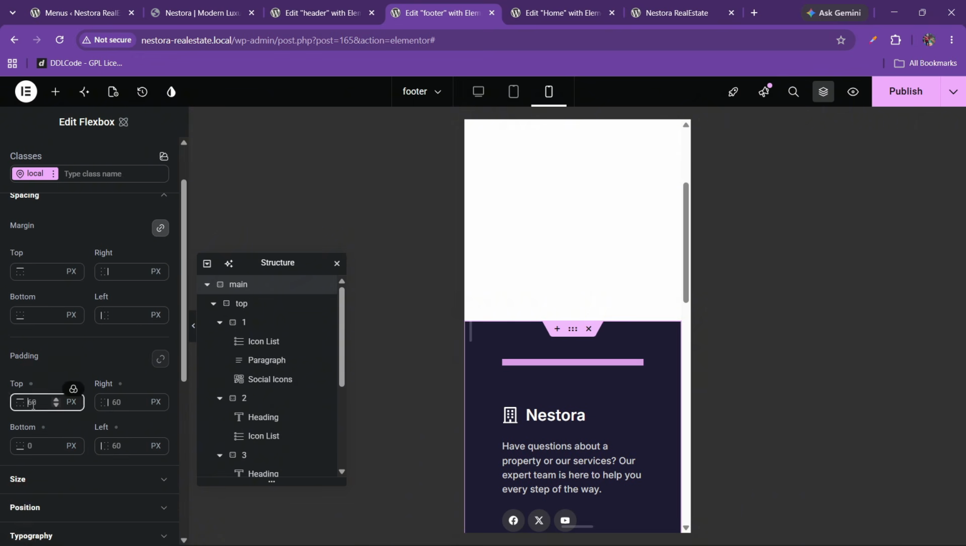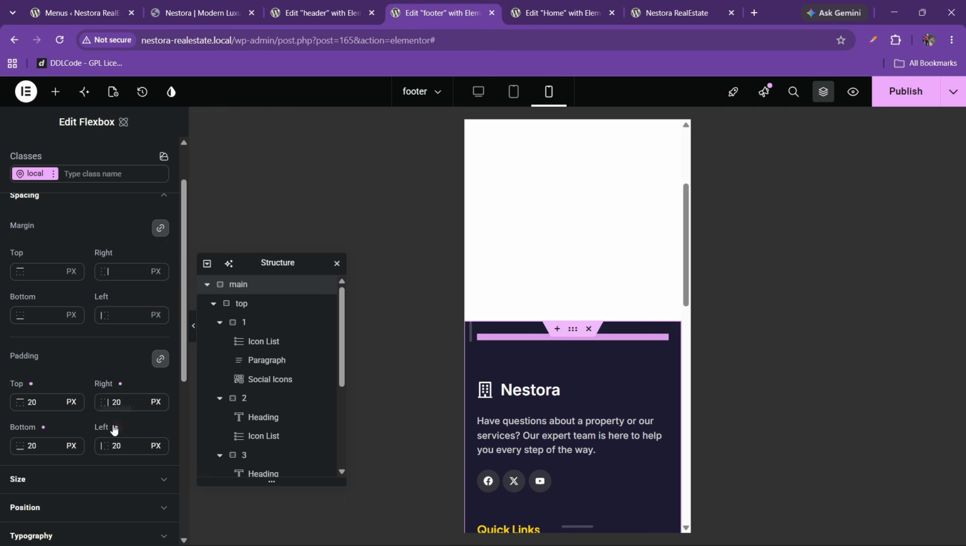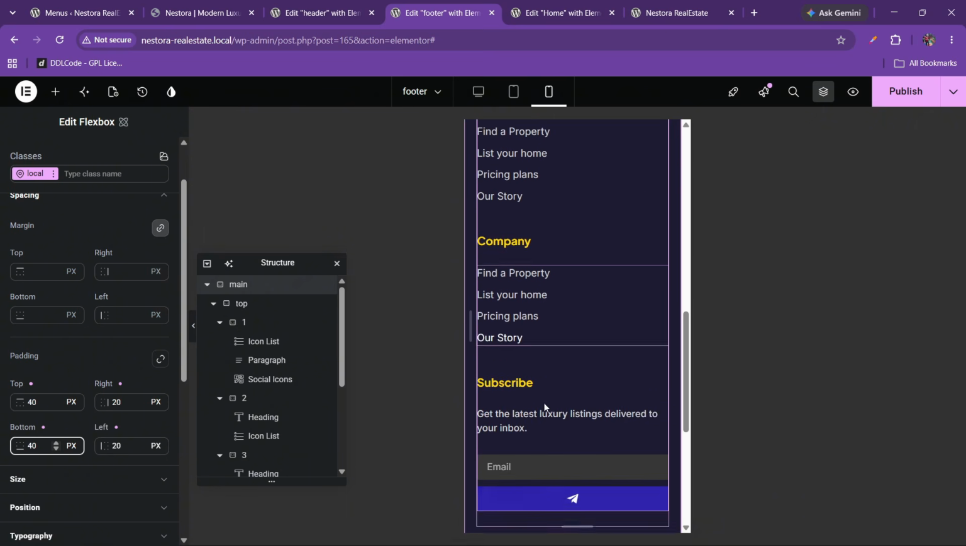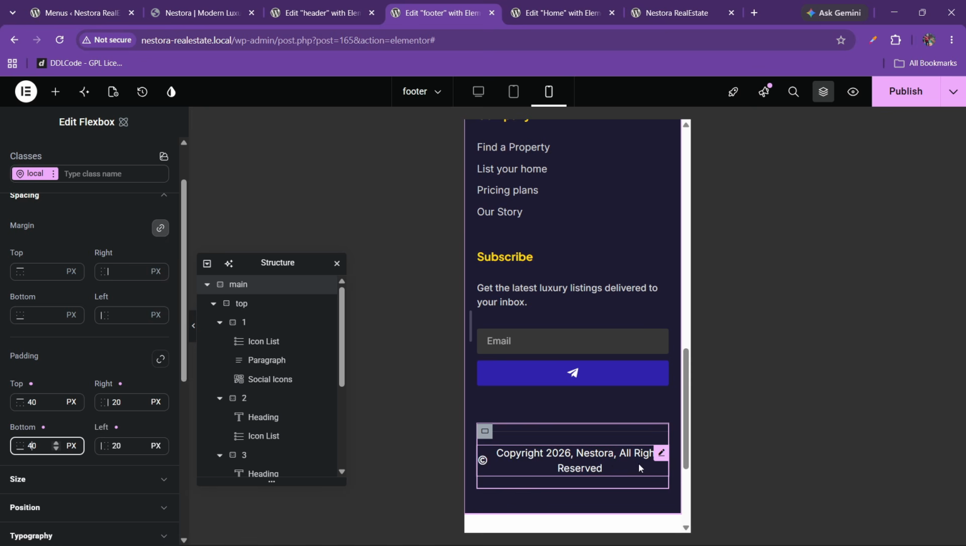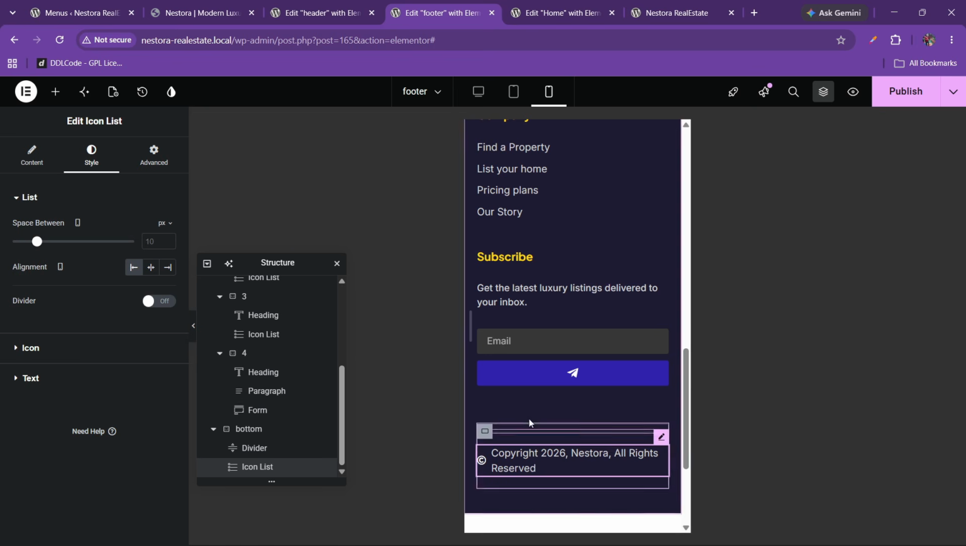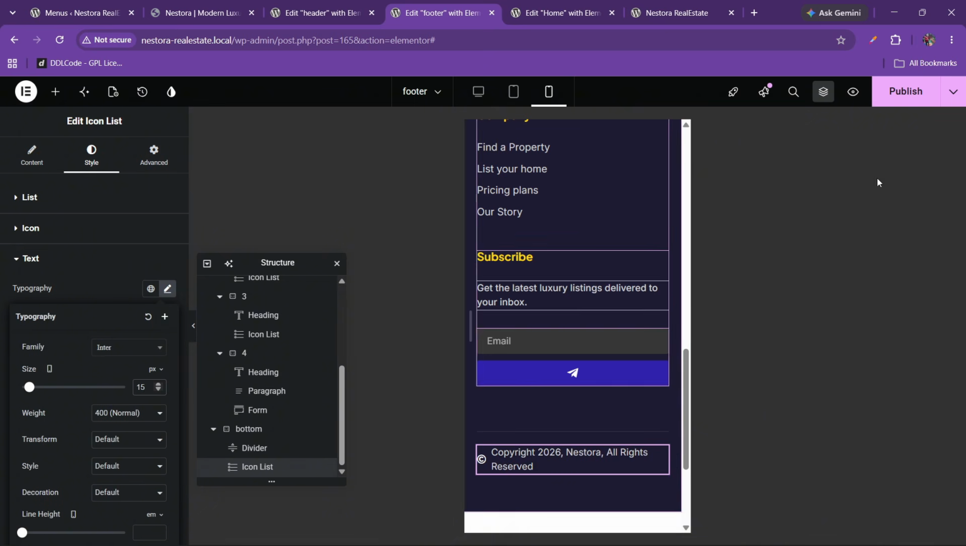So the spacing would be 20 from all sides. So I think this will work. From the top we want this 40, and from the bottom also we want this 40. Okay, and if we check this, we want this like this. So this is looking great, and we can go to this, and here we can also increase the size of this. Okay, so the footer is responsive now,